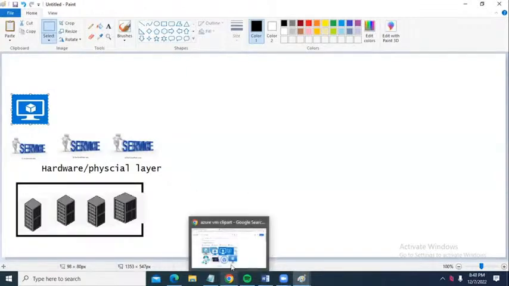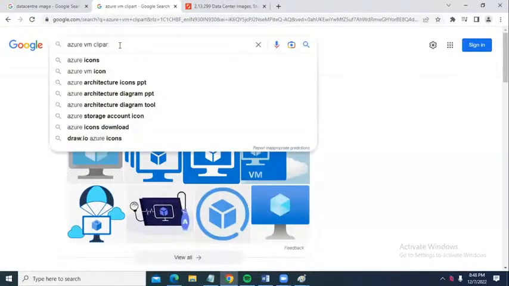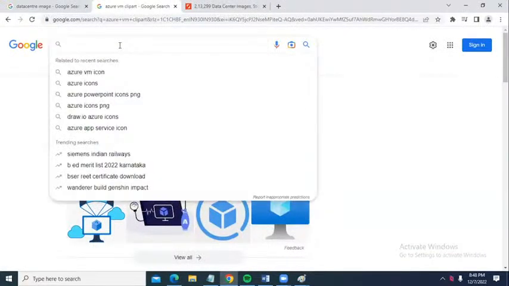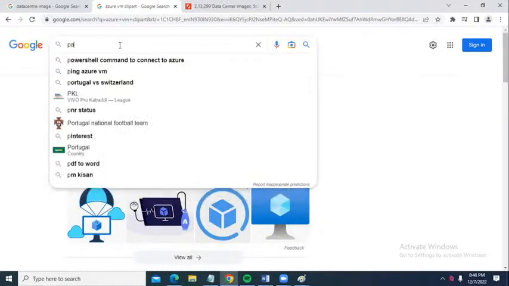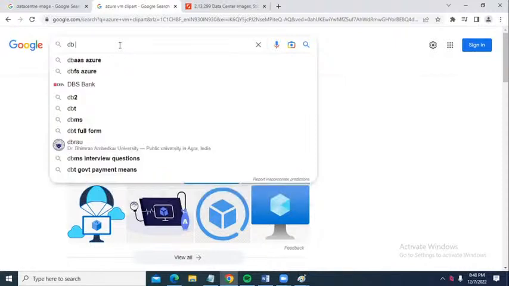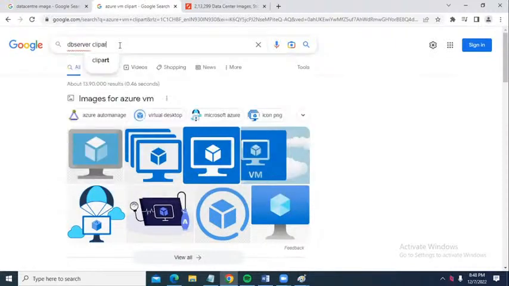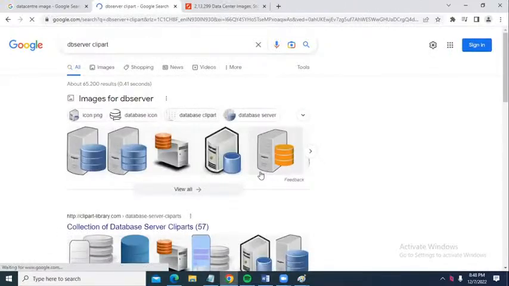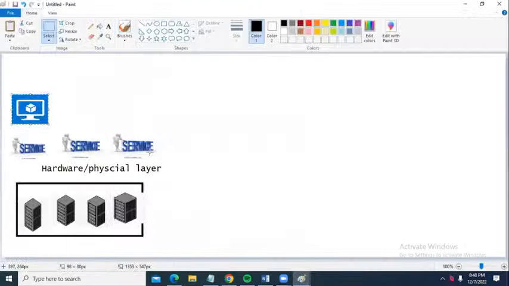And we have one more service for creating a database server. That service is generally called PaaS, platform as a service. What are the benefits of platform as a service? We will discuss everything. For creating every resource, there is a service. For us, it is a resource. They are going to allow us to create resources in the form of services.